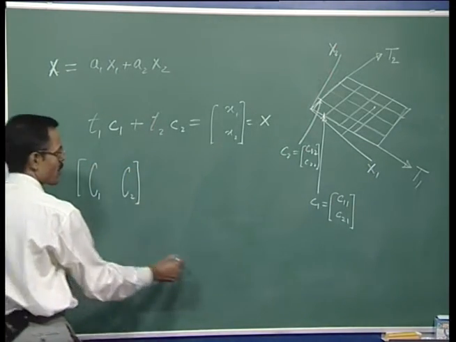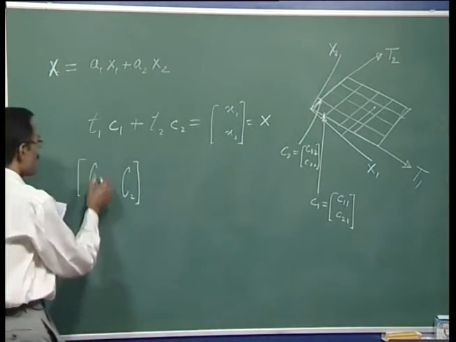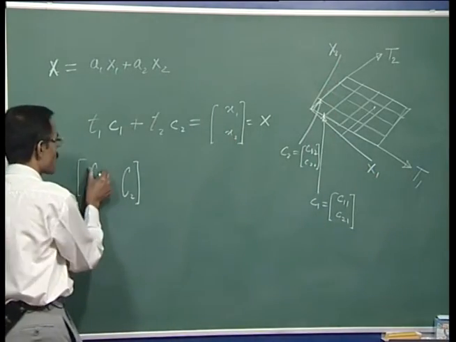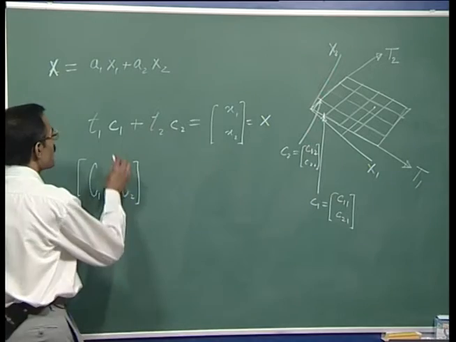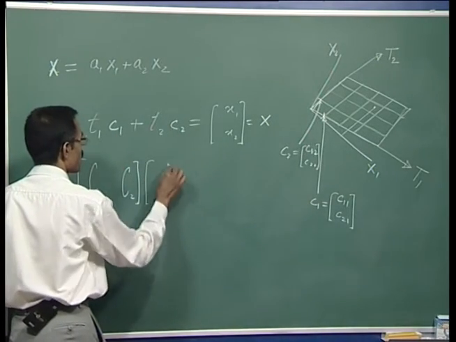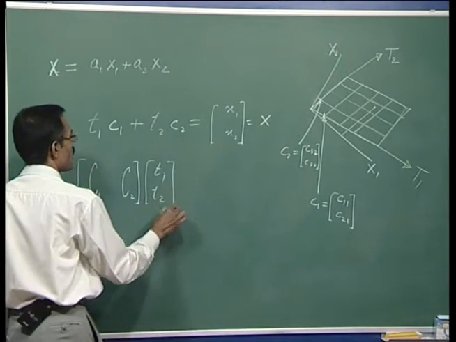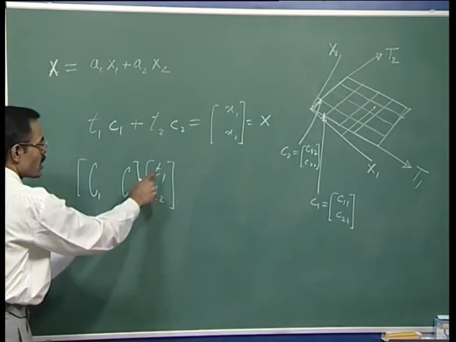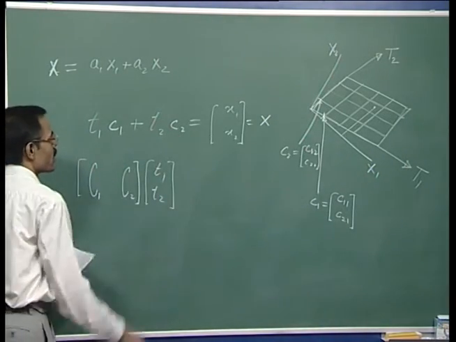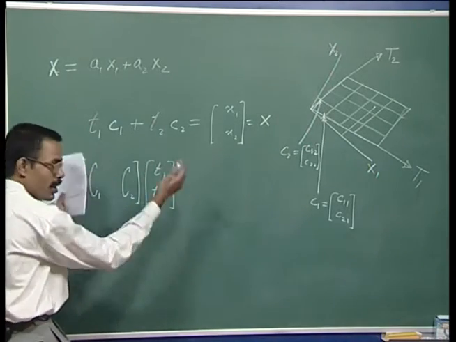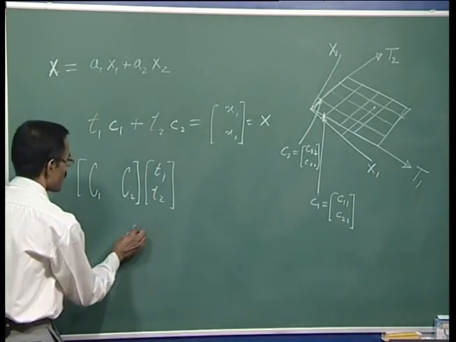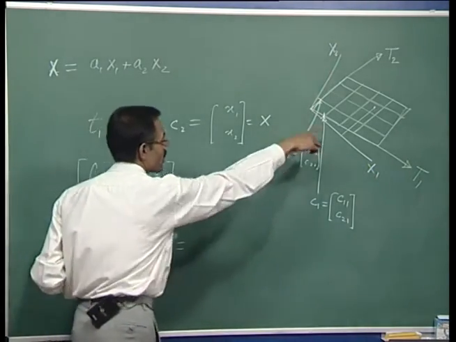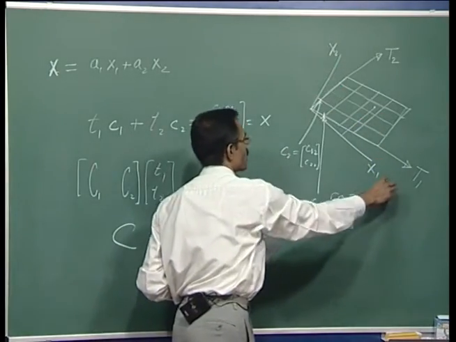These are column vectors. This vector C1 and this vector C2, those basis members for the table system, are sitting here, multiplied by T1 T2 as a column vector, right. Note that this matrix vector multiplication will give us T1 C1 plus T2 C2, what is here, right. So, or we can concisely write it as the square matrix C into this vector T is equal to the actual location of this in the x1 x2 frame, that is x.